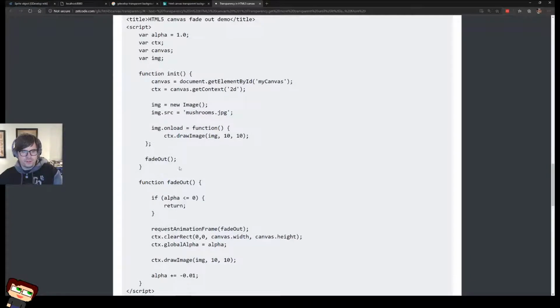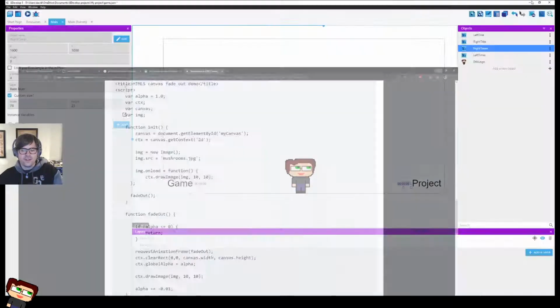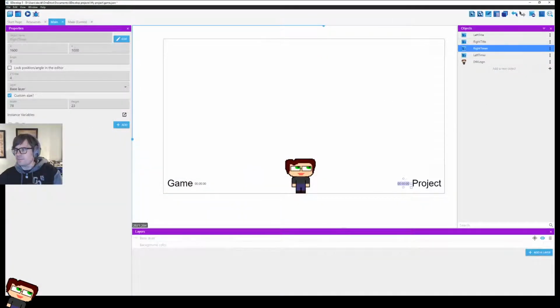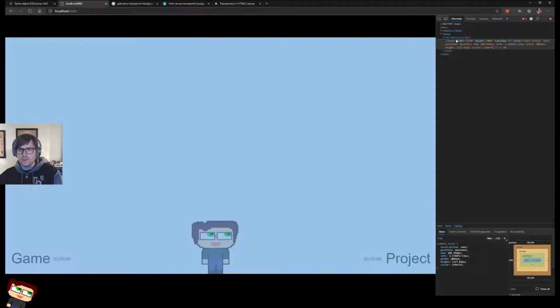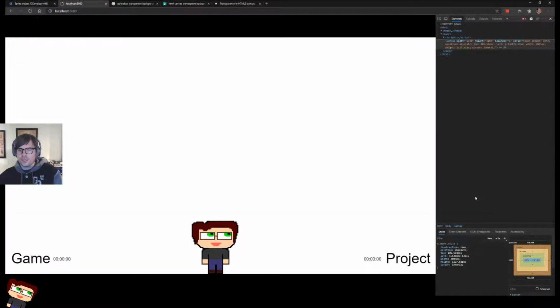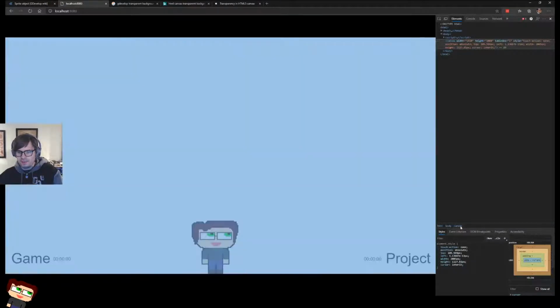So what's my alpha? ctx.globalAlpha. So what I need, if I go to this thing, where's my localhost? What I need is to be able to set its transparency property. Canvas. Yeah, there's the canvas.